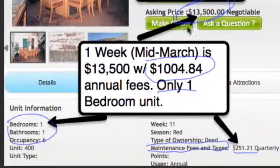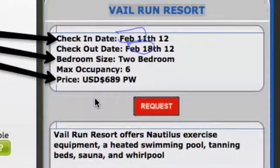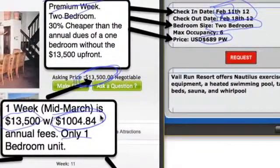Now check this out. That means that somebody out there paid more than $13,500 for access 1 time per year to a 1-bedroom unit, and they pay $1,004 annually, even on top of the $13,500. But look what you'll get as a Platinum Plus or a Platinum member. You can use 1 week, $689, a 2-bedroom unit, some of the best skiing on earth in a premium week. You are paying less than the maintenance fees of someone who paid $13,500, and you get 10 or 20 weeks